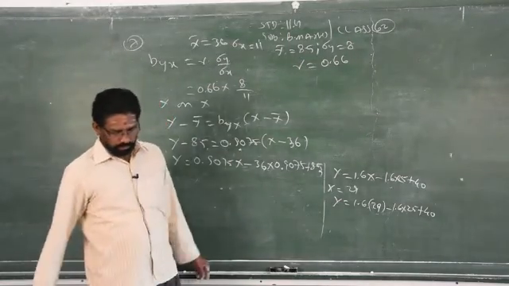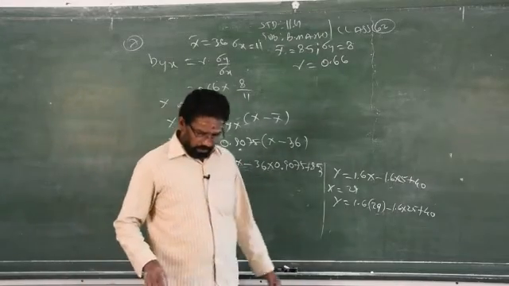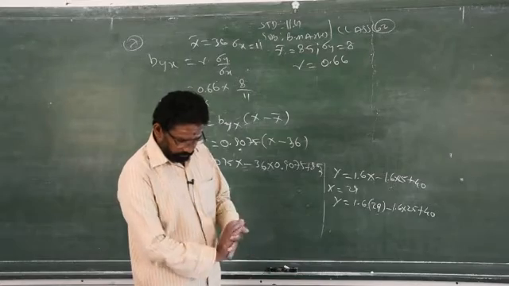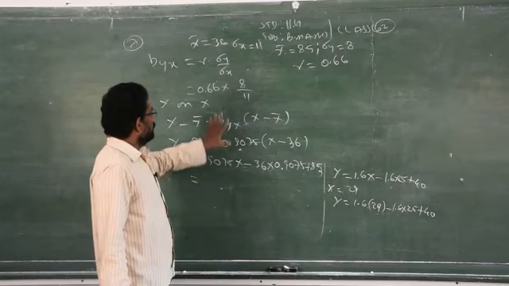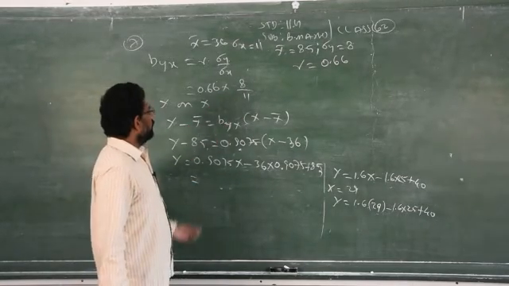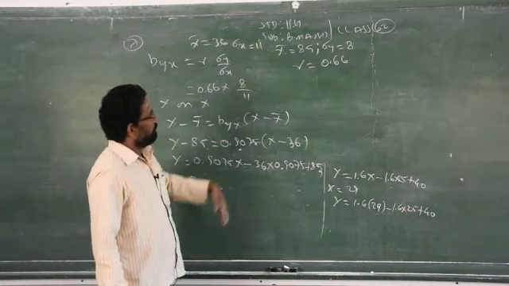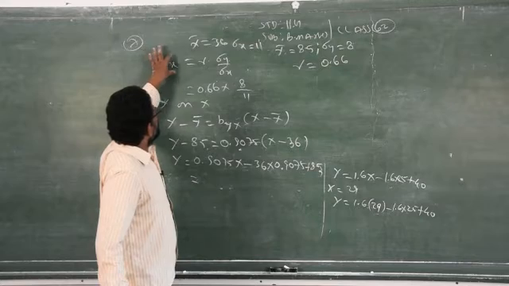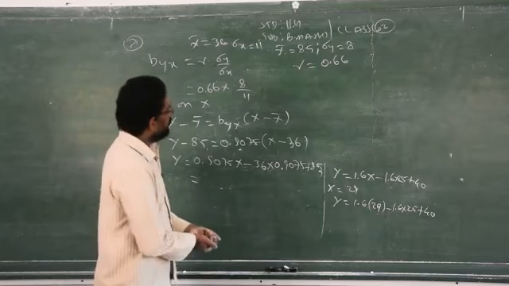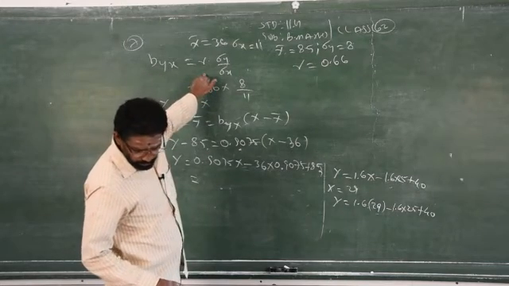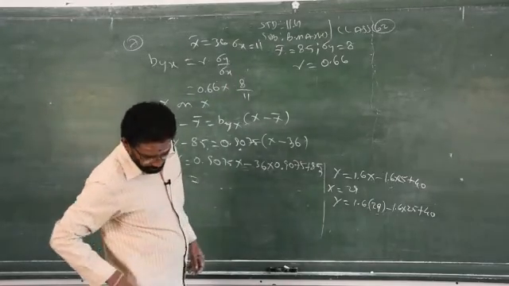In that you have to replace x by how much? I will write down the answer, you have to replace and find out. You will get the required answer. Be careful, it may be wrong. Please check whether it is correct or wrong. If it is correct, please substitute, you will get the answer. Otherwise, you will go for some other formula. It is Byx equals R, that is correlation, into sigma y by sigma x, that is the formula to find Byx. Just substitute the information given in the question and check whether it is correct or wrong.